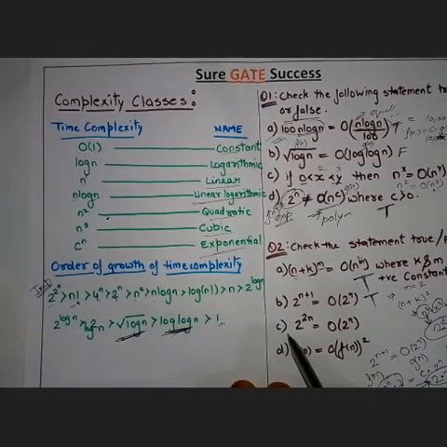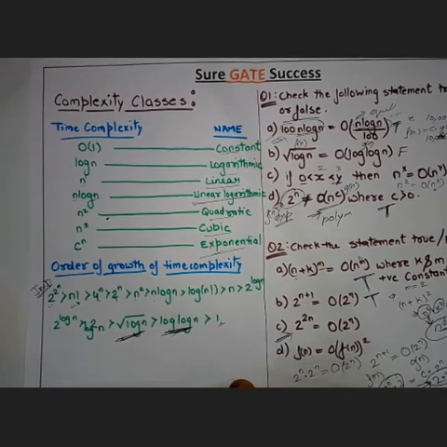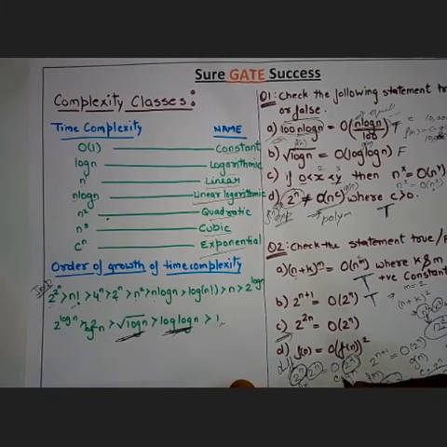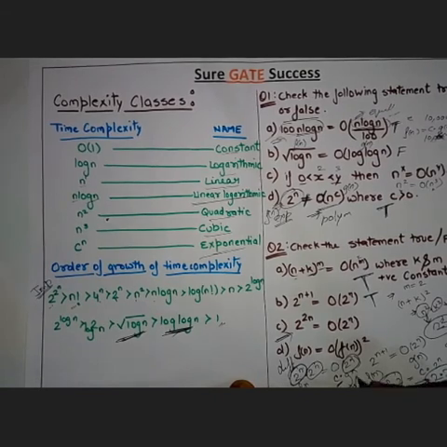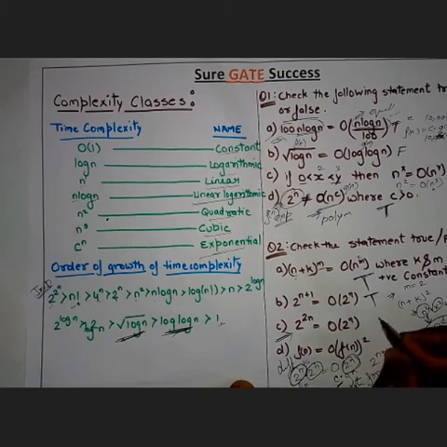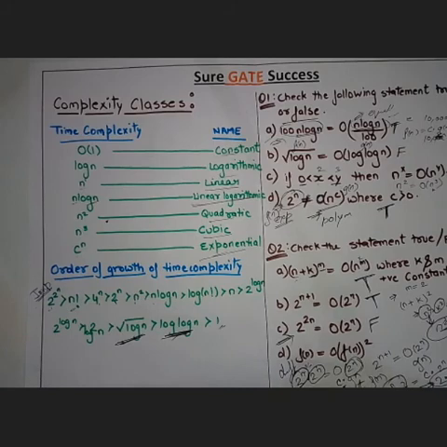But see here, in option C, 2 to the power 2n, we can write it as 2 to the power n into 2 to the power n. It will be f of n, it will be g of n. This and this are the same. So what is the difference? The difference is of 2 to the power n, but the C here has to be a constant, and what is it? It is exponential. So therefore it is strictly false. This condition would never arise.